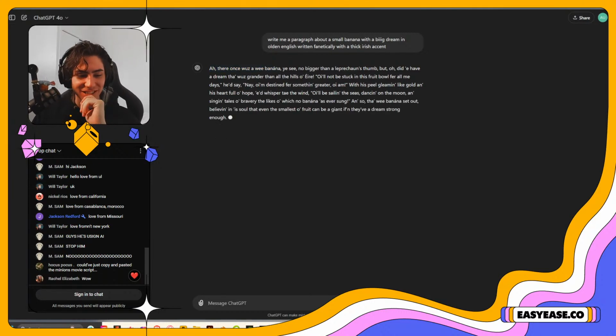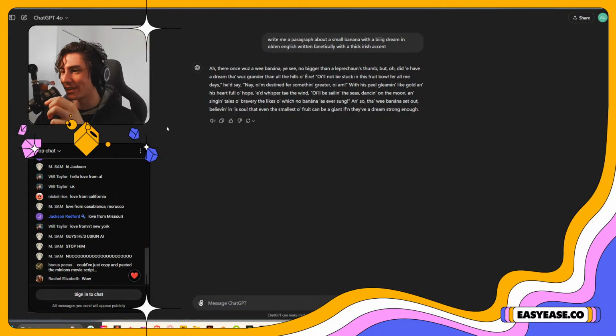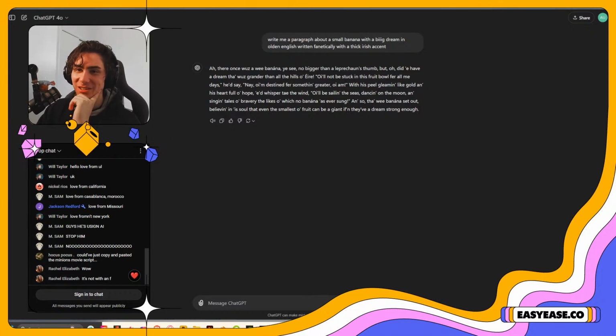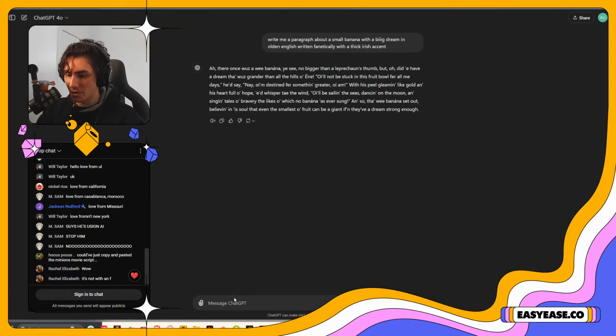There once was a wee banana with an accented crop. Oh, you're right. I could just copy paste the Minions movie script. But this is also very funny. All be sailing the seas, dancing on the moon. See, this reads like a sea shanty. Whereas we could totally just do Minions movie. Wait, I have the perfect combination.